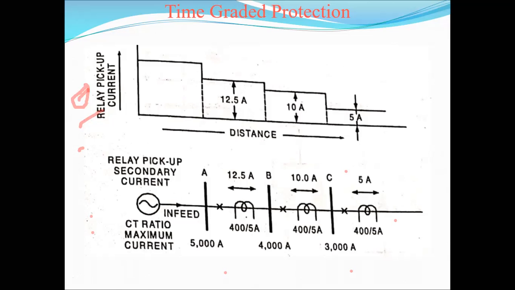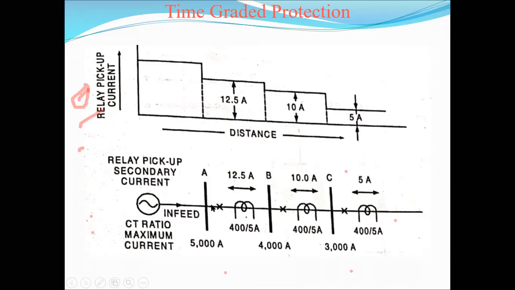In that we are using the non-directional type of relay coils. Suppose 5 amperes will be obtained. In that case only this relay coil will be operated, and then we disconnect the system at the particular point only. Otherwise it does not grade the currents, and the overall feeder line is disconnected.